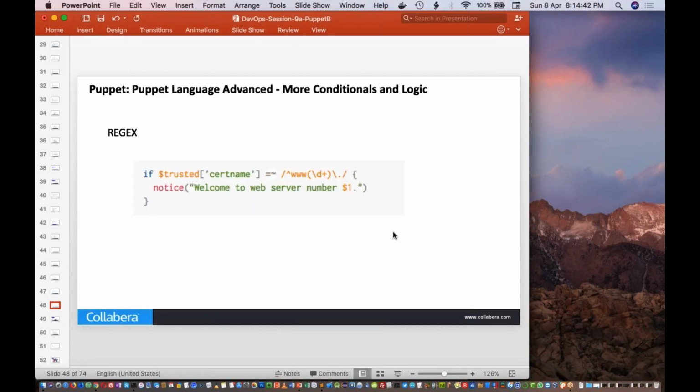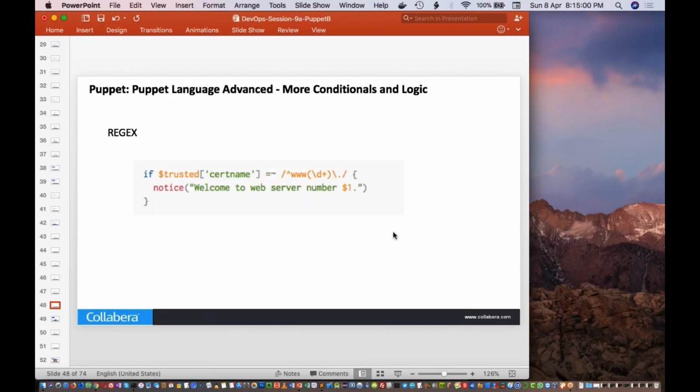So when you go deep into Puppet, you'll be able to use conditions. If you want to use a lot of conditionals and a lot of cases in your scenario, then you'll be using Puppet as your configuration management tool, because there are a lot of options that you can use.